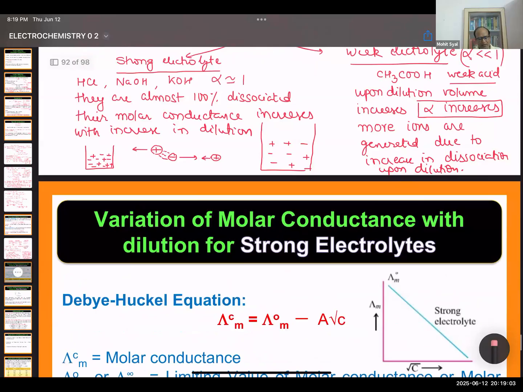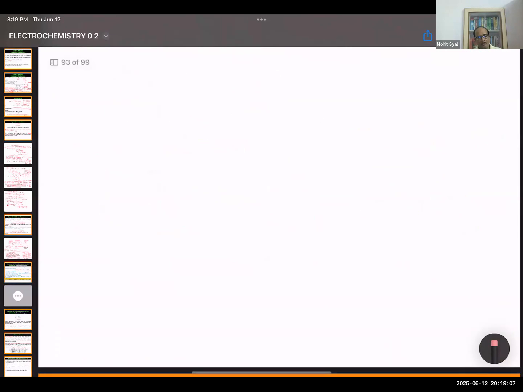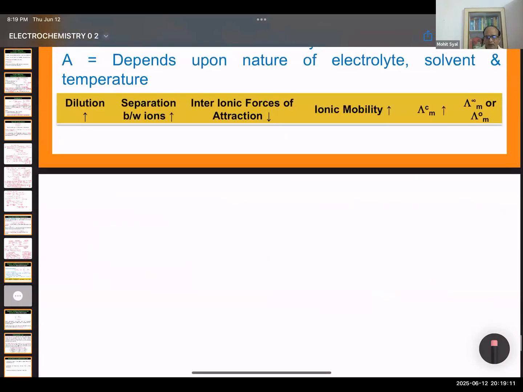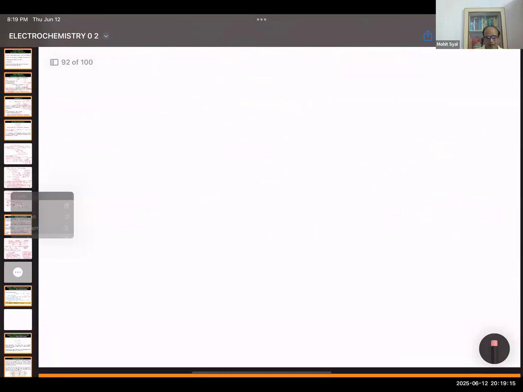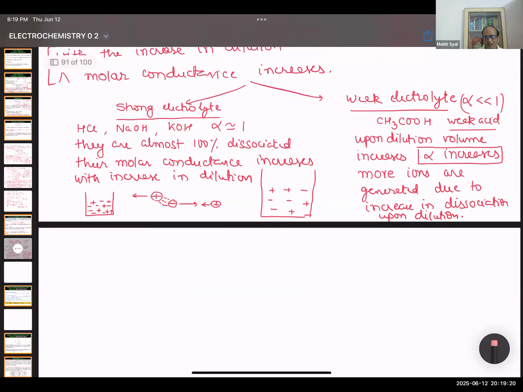Okay, and let me tell you a very important point which we have seen over here. If you are increasing the dilution, the molar conductance is increasing. This is the molar conductance of NaCl increasing upon dilution. It keeps on increasing if you keep on adding water. But at a certain point, a limit is reached, and that is known as lambda naught m of NaCl, or it is known as lambda